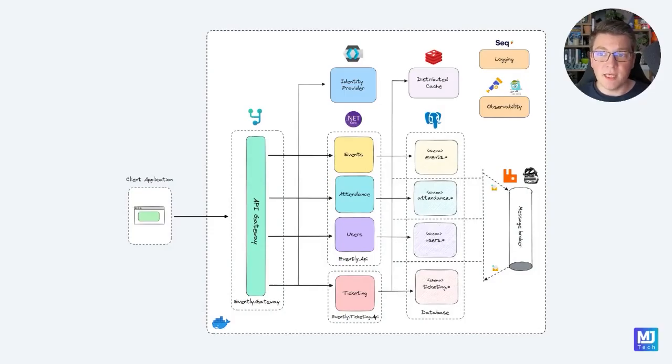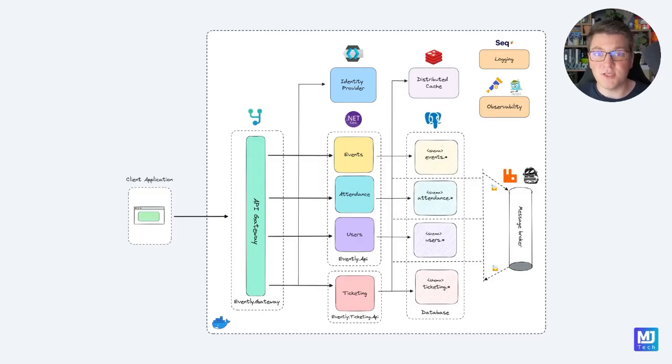We have an API gateway routing incoming requests to the respective modules. We have one API service hosting the events, attendance, and users modules, and another service hosting the ticketing module. All of our modules have a dedicated schema inside of the Postgres database, and they are communicating with each other using messaging over RabbitMQ. We are using Keycloak as an identity provider, and we also have Redis as a distributed cache in the system. Then we have Seq that handles structured logging, and we have OpenTelemetry and Jaeger for implementing